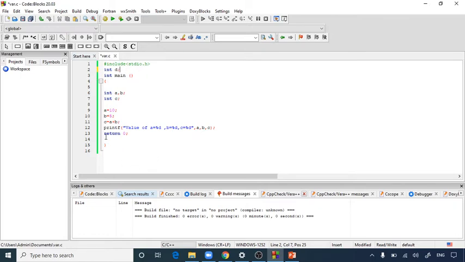Let's change this to d. So here I am doing d is equal to a plus b, and also changing the printf to d. If you change this 10 and 5 to whatever, d will get the value of the summation result throughout the program. Wherever you execute it, the access will be the same. Let's just build and run it.